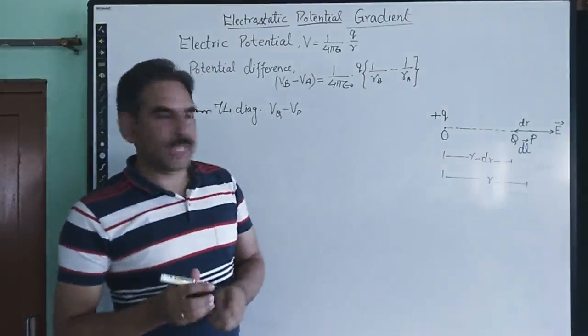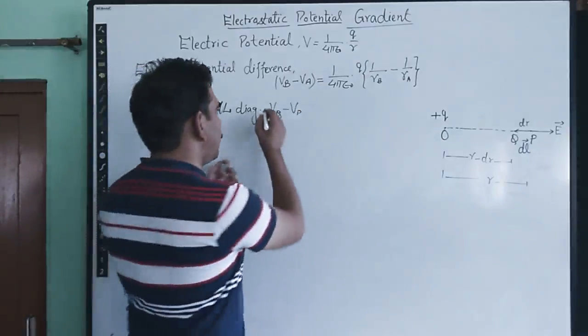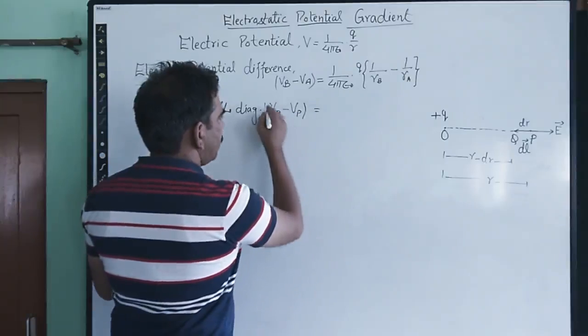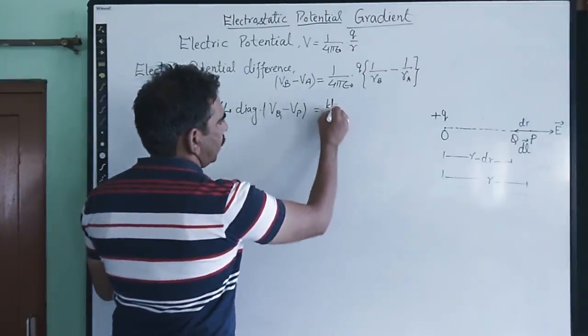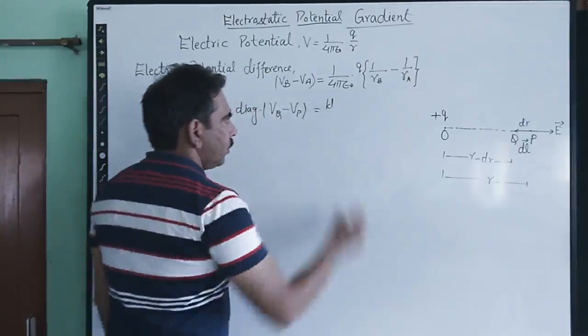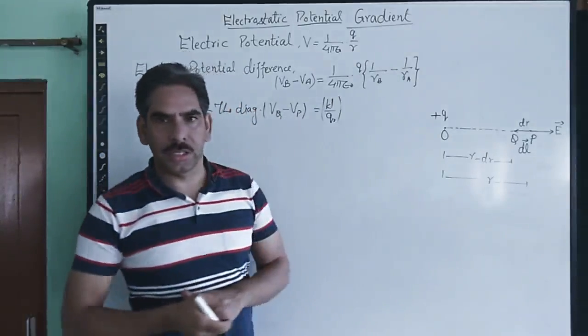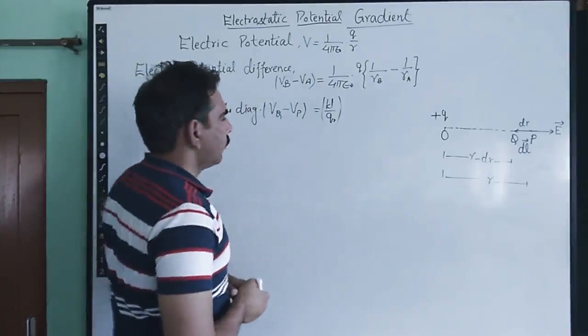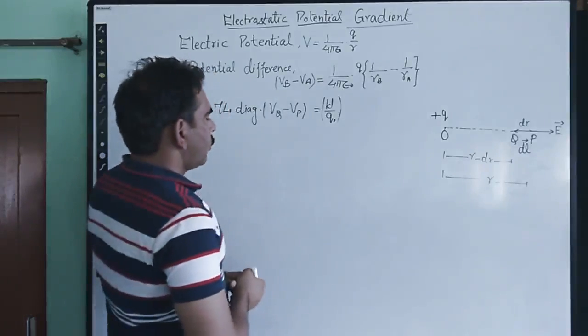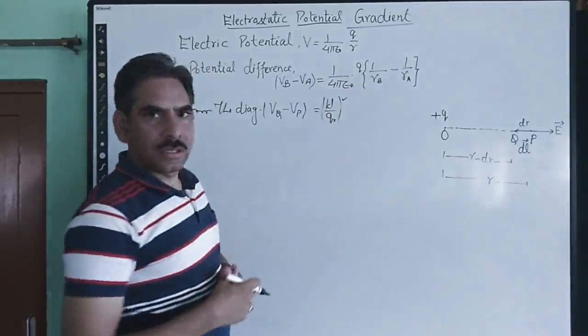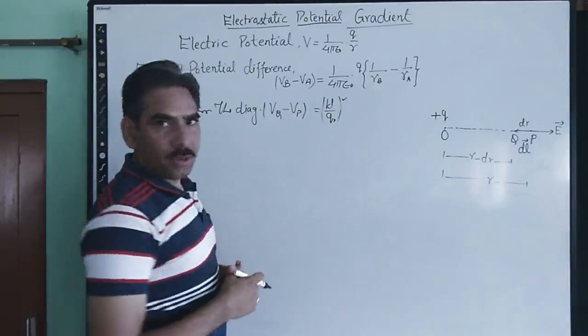The charge is being displaced from point P to Q. So therefore, electric potential difference simply takes the form, by definition, of the amount of work done from P to Q on unit charge. So this is the amount of work done on unit charge. From this discussion we can check the value of this work. What is the amount of work done?